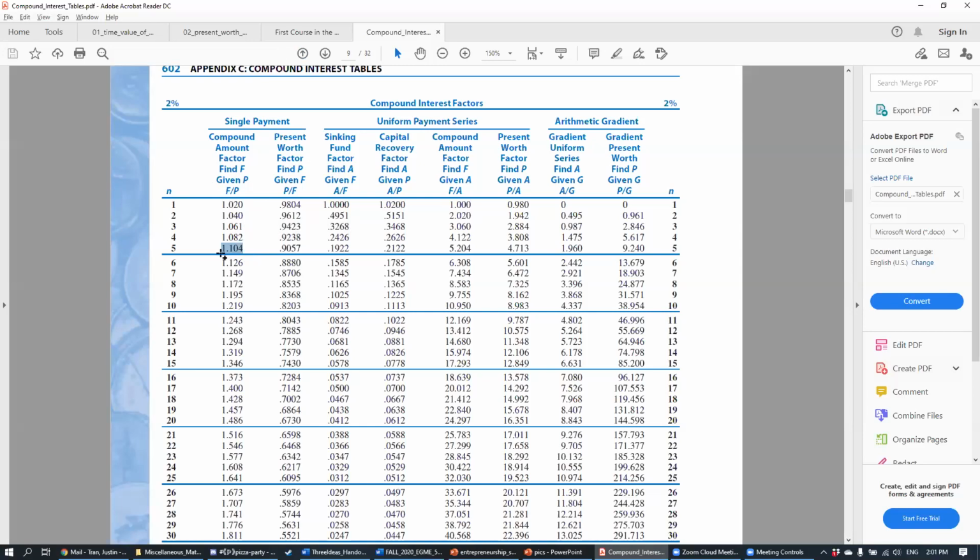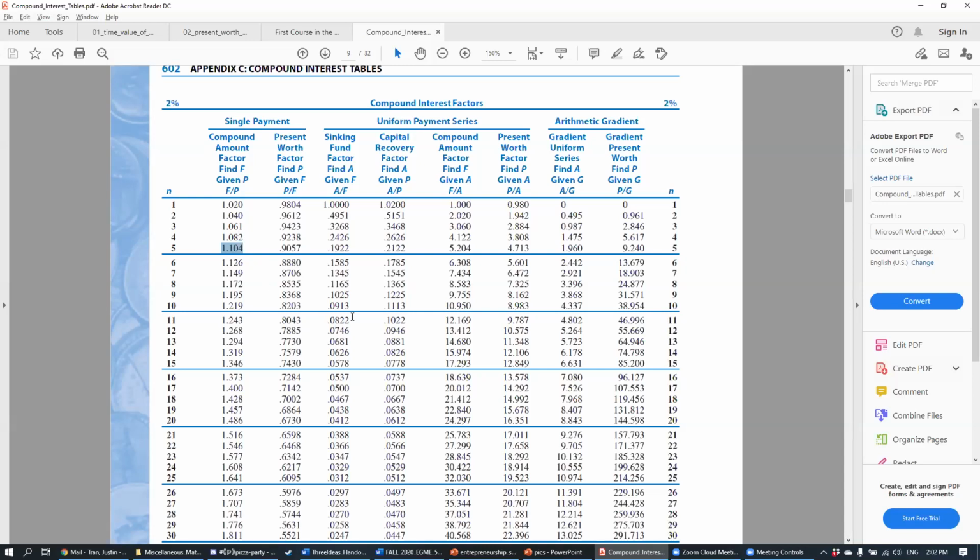From that you'll be able to compute that if you have $1,000 today and you deposit it into a bank account with 2% interest, in 5 years that $1,000 is going to be worth $1,104. And I just computed this on the fly without having to plug anything into a calculator. So the compound interest tables, when you can use them, are a really powerful tool because they really simplify your calculations,